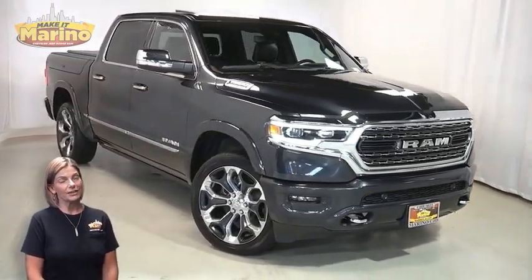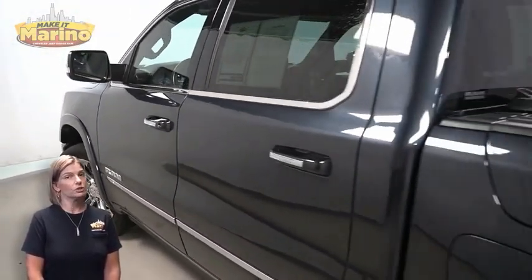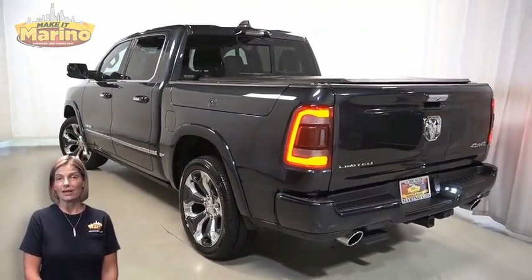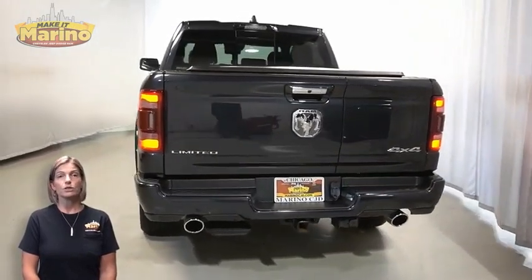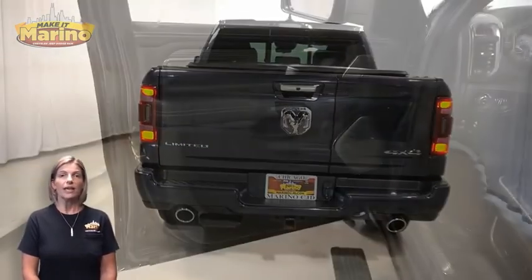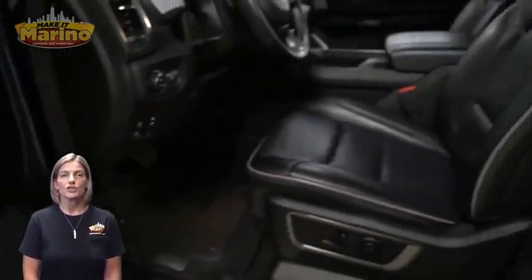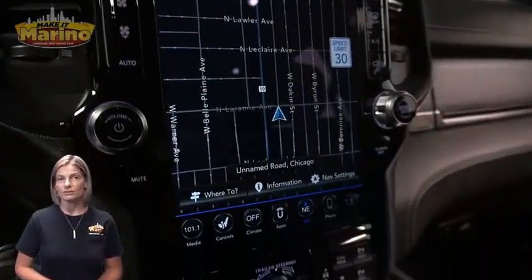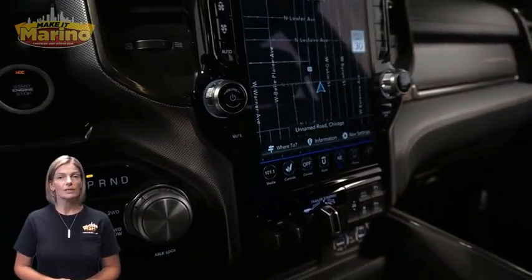With HID headlamps, LED fog lamps, 22-inch aluminum wheels, power heated mirrors, blind spot and cross-path detection, LED tail lamps, tow package, heated and ventilated front seats, heated steering wheel, 33,000 miles on the odometer, 12-inch touchscreen, navigation, rear backup camera, dual zone temperature control,